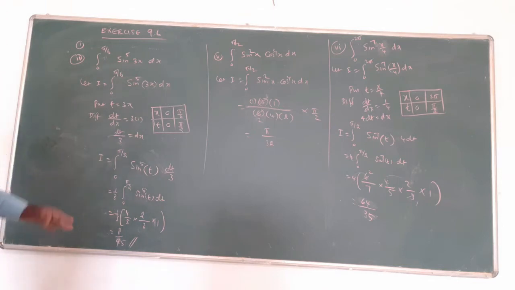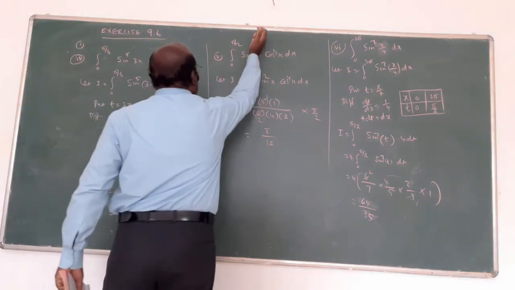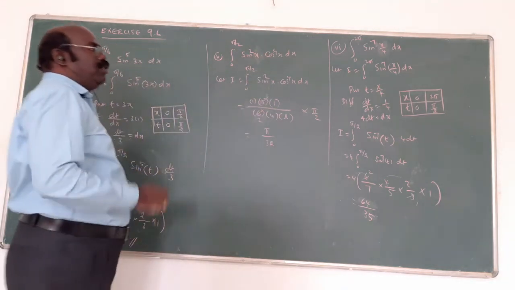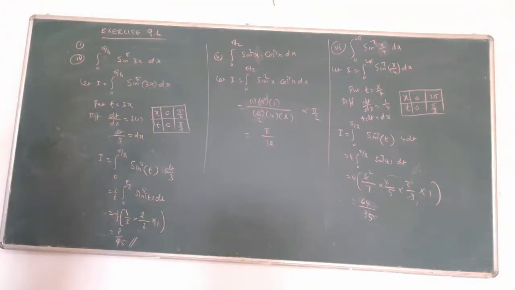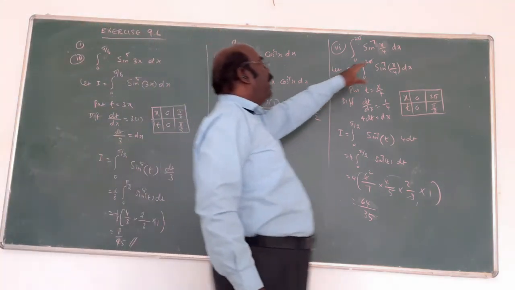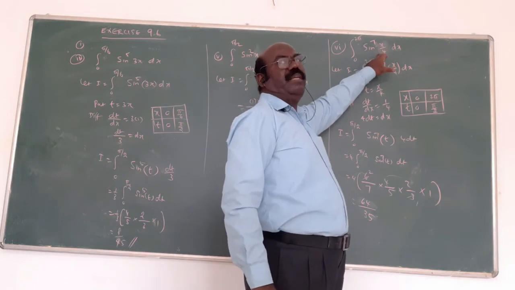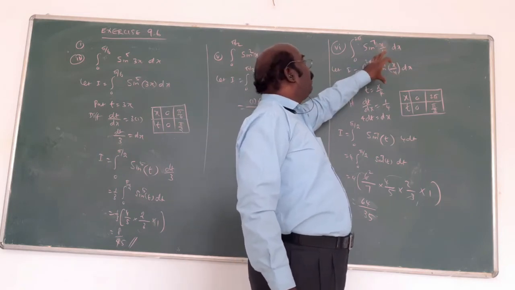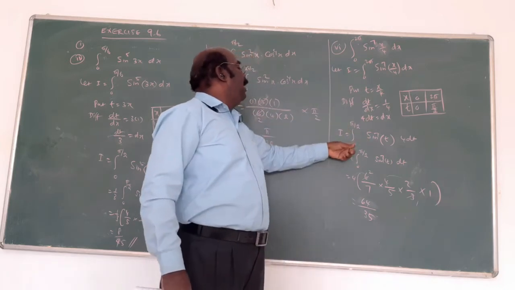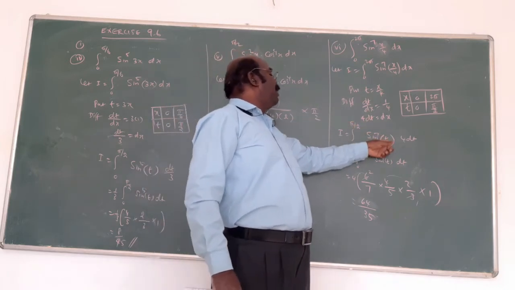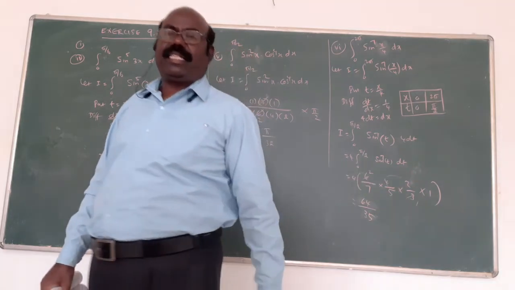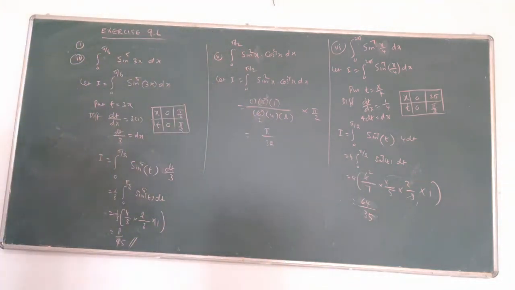For 0 to pi by 2, where the power is of only sin x or only cos x, we use the property directly. If it is 0 to 2 pi or 0 to pi by 6, something involving the angle will not be always x. Here x by 4, x by 3 and so on, involving that. Put t equal to inside the bracket, and afterwards automatically the limit is 0 to pi by 2, and sine of something, cos of something will come. Then we use the reduction formula. For using the reduction formula, we need 0 to pi by 2, with sine power something or cos power something or both together. That is important here.